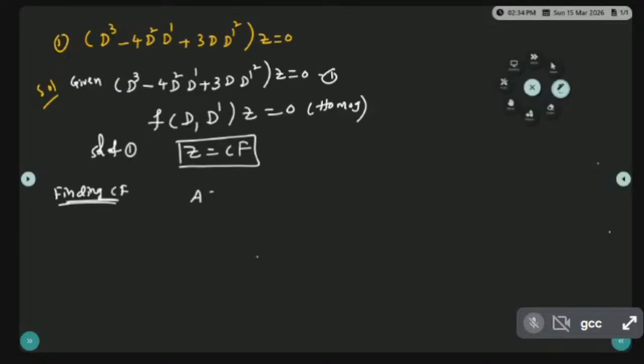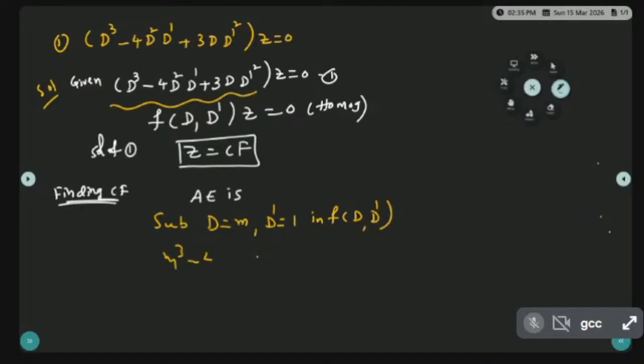What is the auxiliary equation? How to get the auxiliary equation? I gave a hint in the previous two substitutions. We have to make a substitution. Substitute D equal to M, D dash equal to 1 in F of D comma D dash. Replace simple D with M, D dash by 1. Then it will become